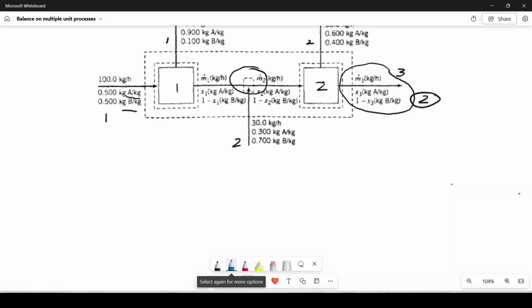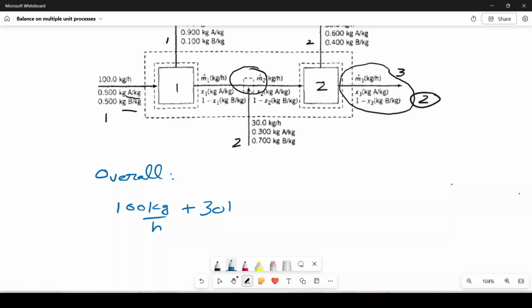So after having the degree of freedom analysis, we are in a position to solve this problem. So how can we solve all these unknowns? The way is, first we have to apply the overall material balance. If we see the overall material balance, we have here 100 kg per hour entering, and from stream 2 we have